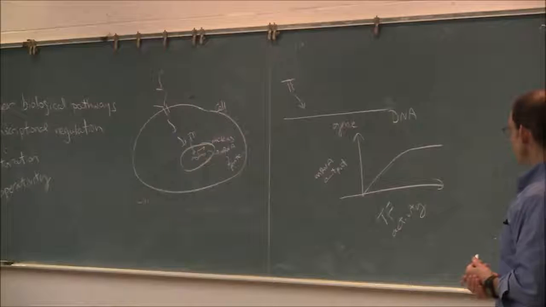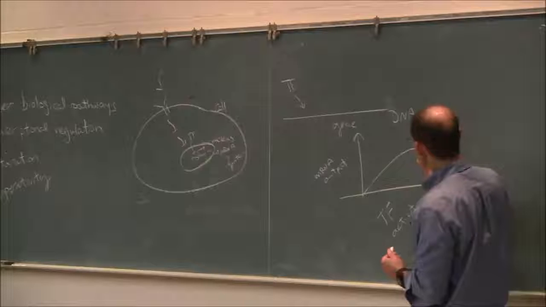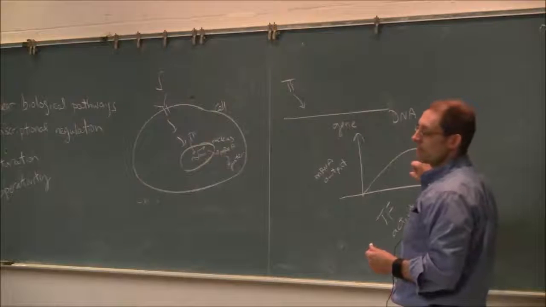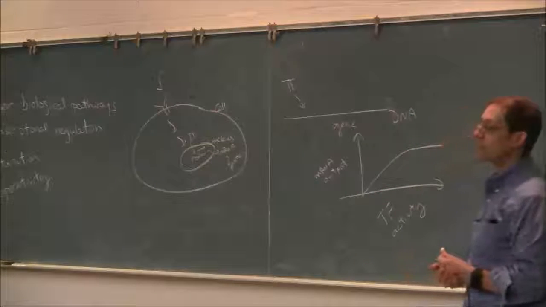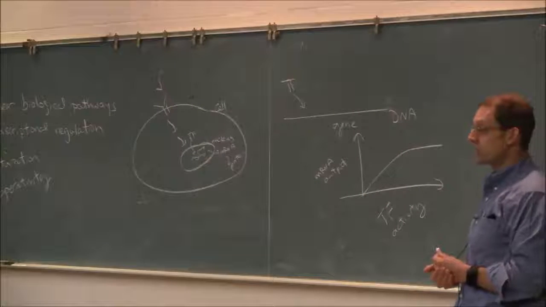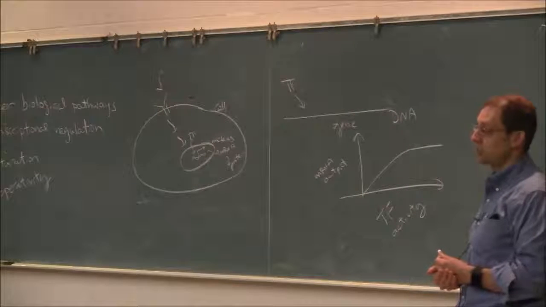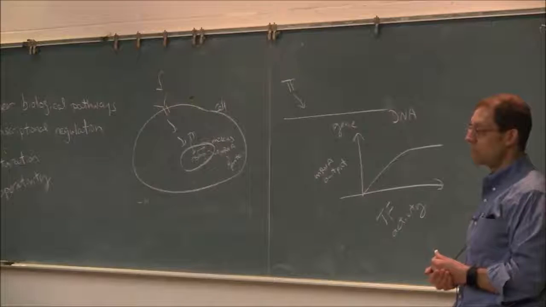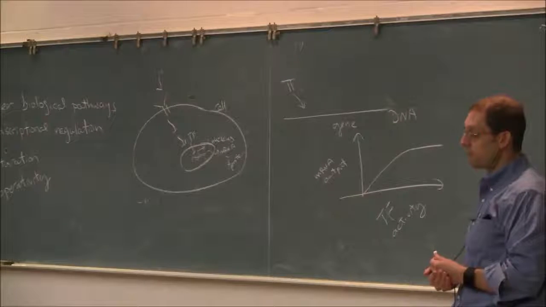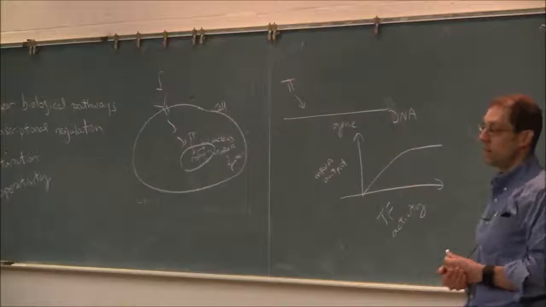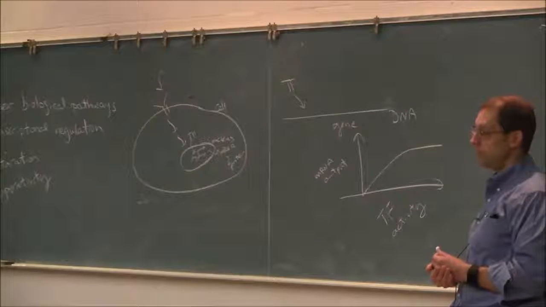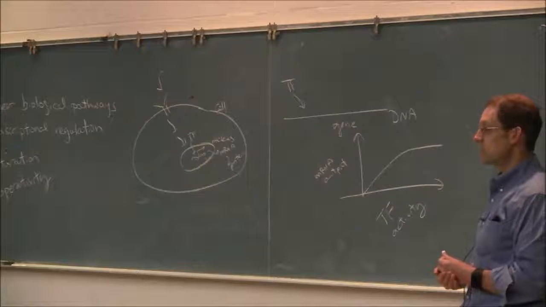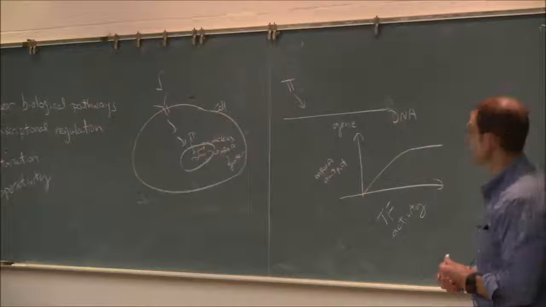For some genes, actually, this is such a problem. Having just two copies of the gene is such a problem that some genes exist in multi-copy in our genome. So most of our genes, we only have two copies, but there's some genes that encode proteins that are so high abundance in our cells, we need so many copies that there have to be multiple copies of the gene. So one example is histones.